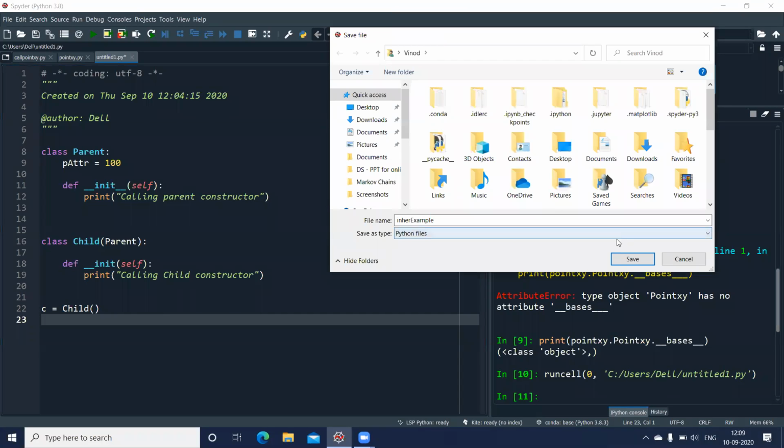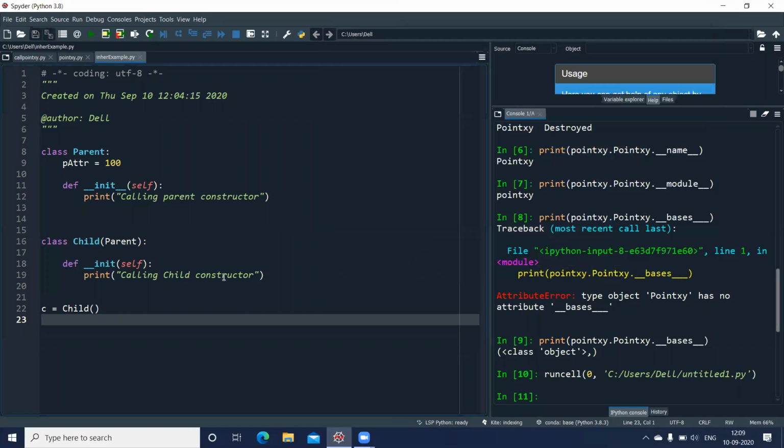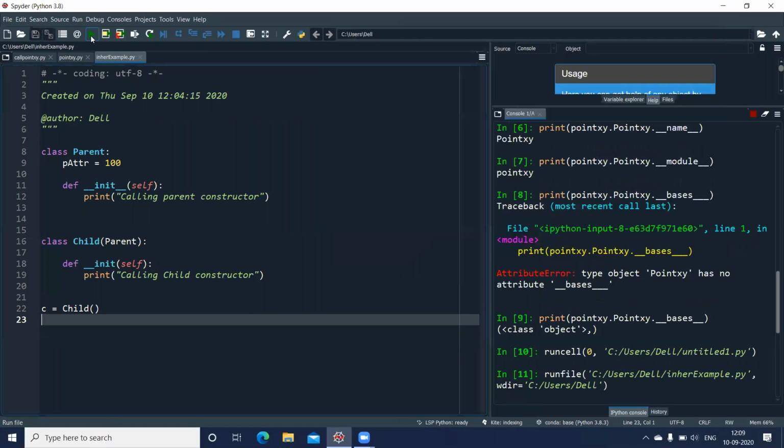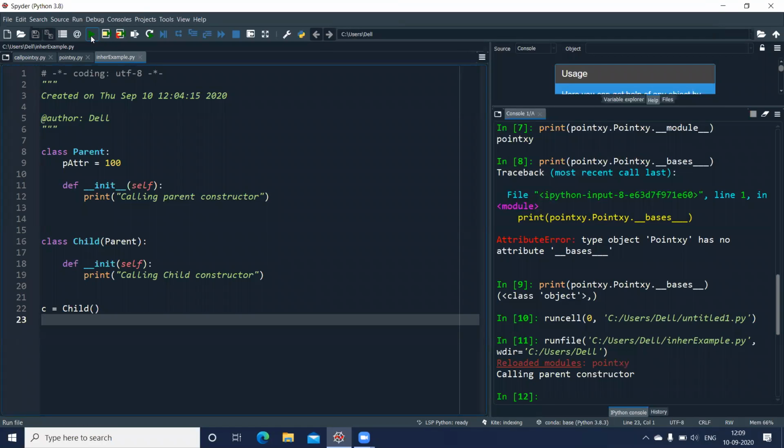I think save this. Now run this. Okay, you can see there's only one message which is coming, calling parent constructor. Whereas this line, calling child constructor, is not getting executed.